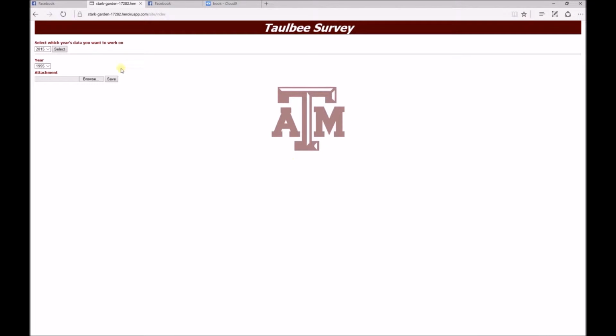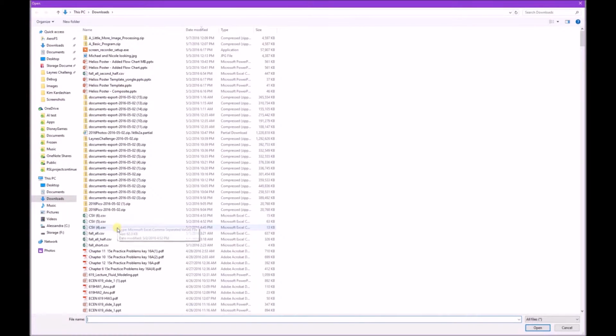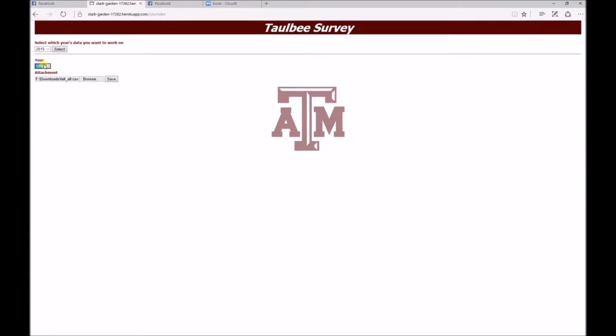This is the home page for the Taulbee Survey application. The top section allows you to select the year that you want to perform queries on, and the bottom section allows you to upload new data. In this case, we'll browse, select the comma-separated value list that we want, and then we will select the year